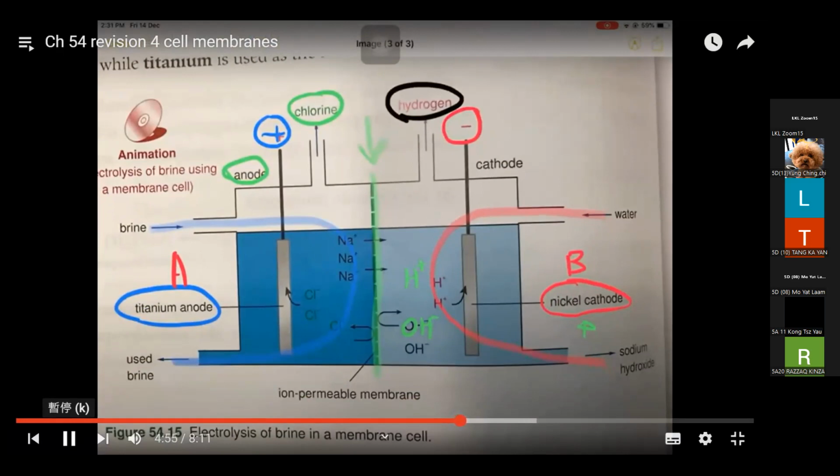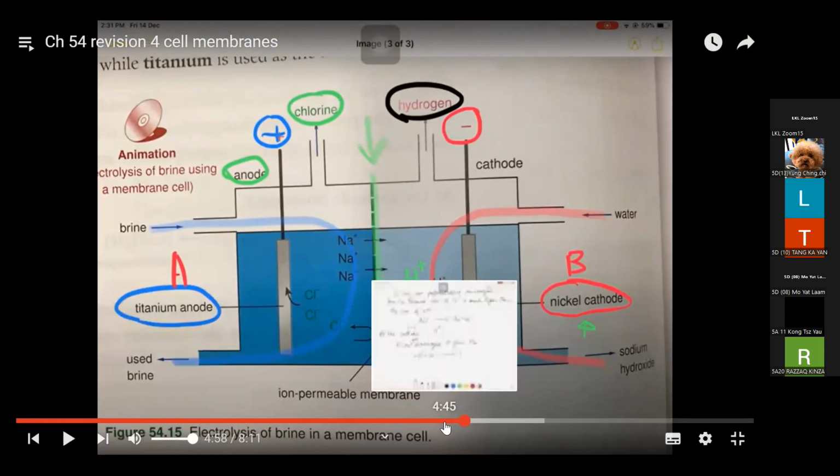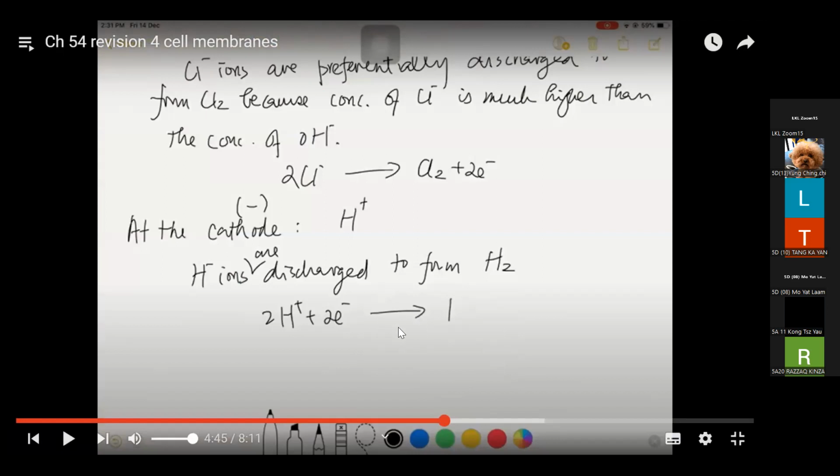Okay. Now, something special is about the membrane. 好啦，講埋個 nickel 先啦。我呢度漏講咗 nickel，其實係 favor 呢一個 reaction 㗎。nickel 因為係呢一個 reaction 嘅 catalyst 嚟嘅。